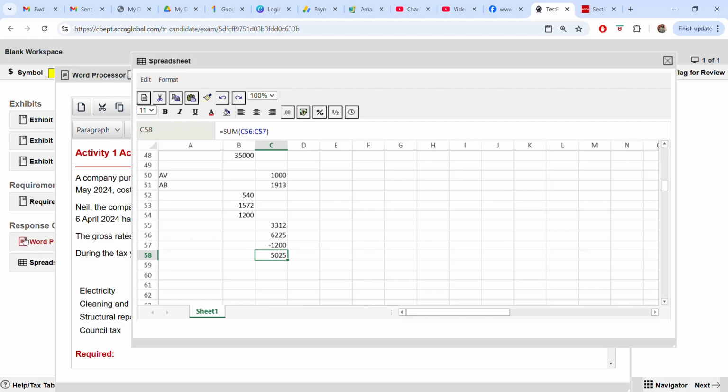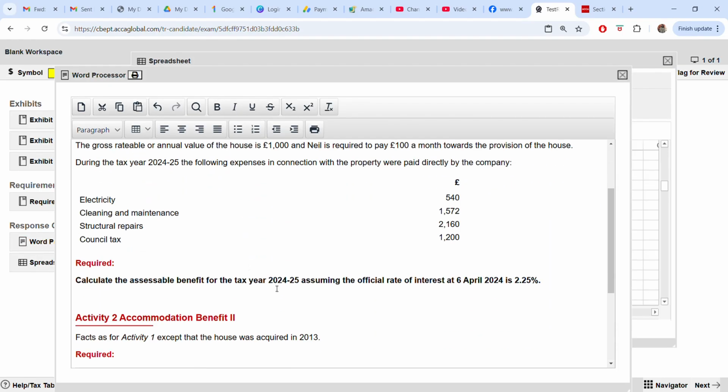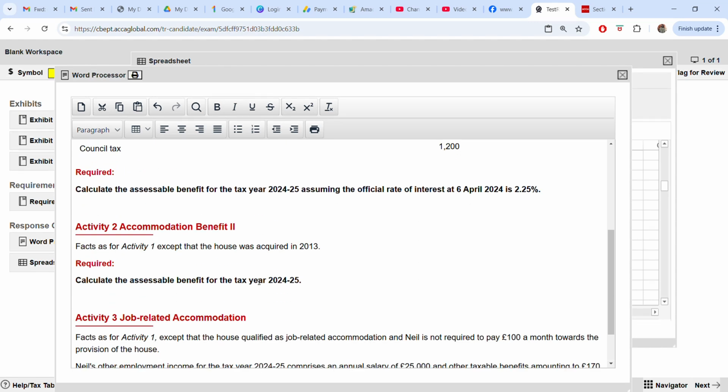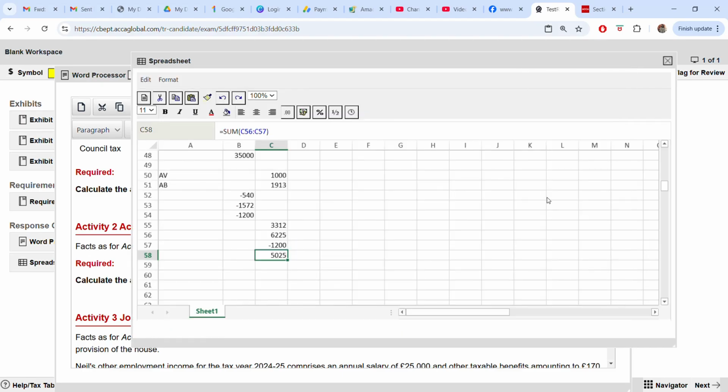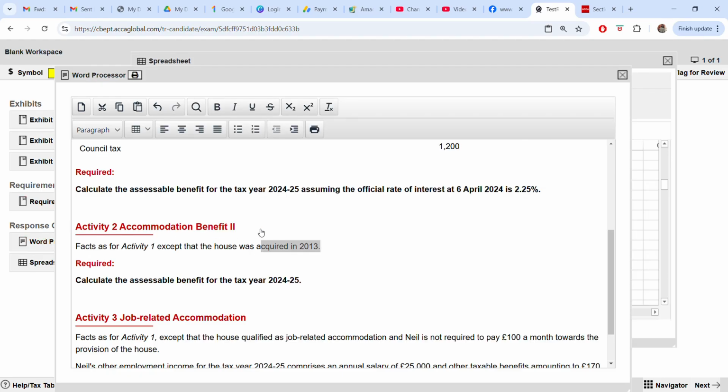Now moving on to activity 2. Activity 2, you have to calculate the same benefit, but now the house was acquired in 2013. So it's more than 6 years. So how will this change? Annual value will remain the same, but your additional benefit will change. Here it will be